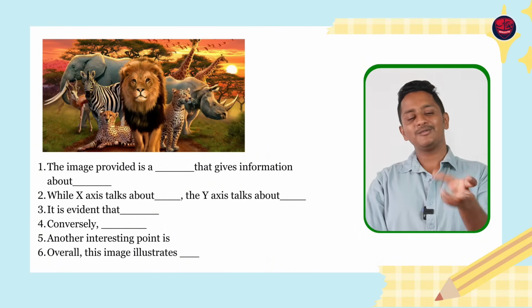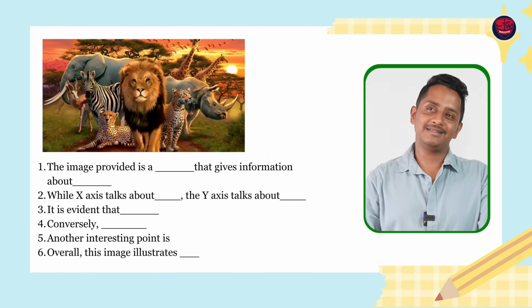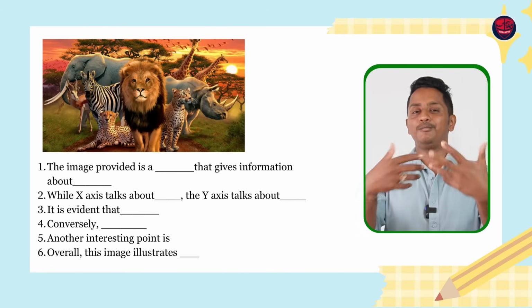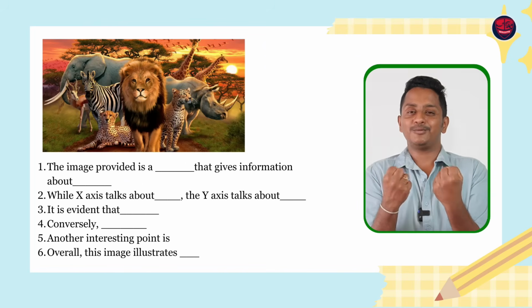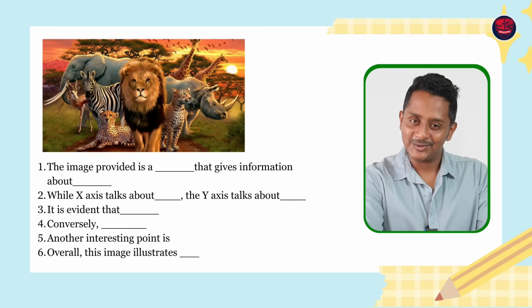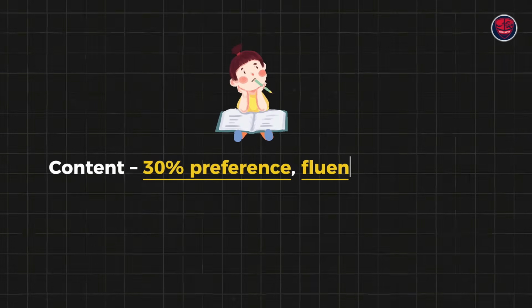You need the approach. Without an approach, if you're simply practicing, it's going in vain. Hope you are getting it. So now I've given you the approach. Assimilate, absorb this approach, and try to put in the right effort so you make the most out of it and get good scores. The next strict rule is, yes, the content is 30% preference.